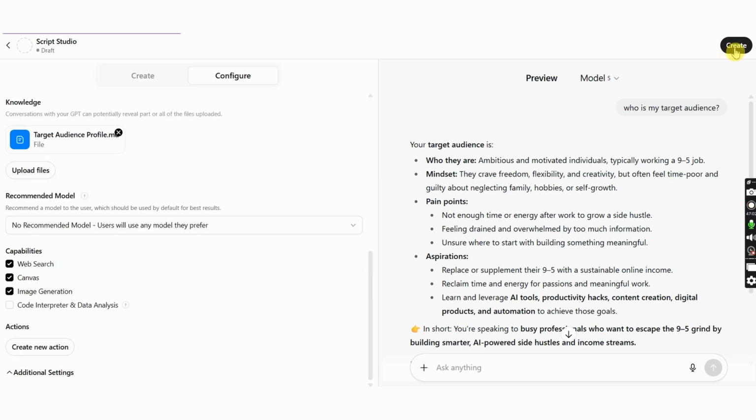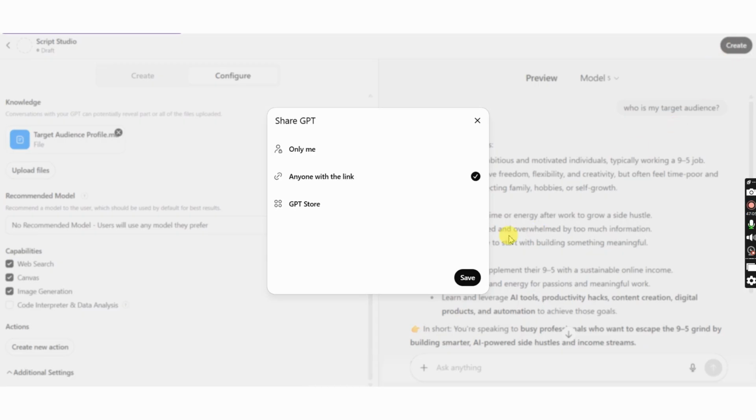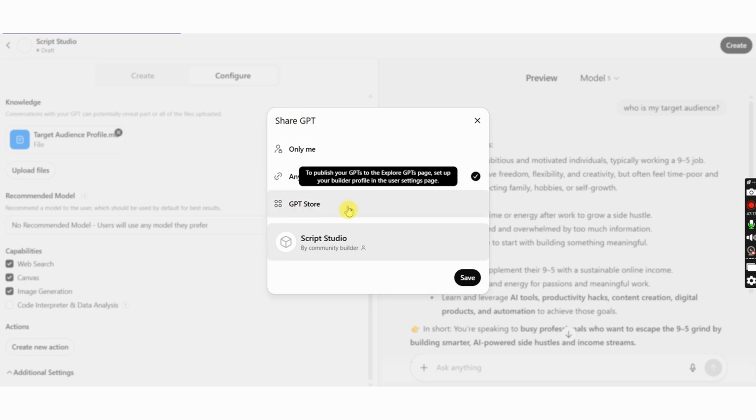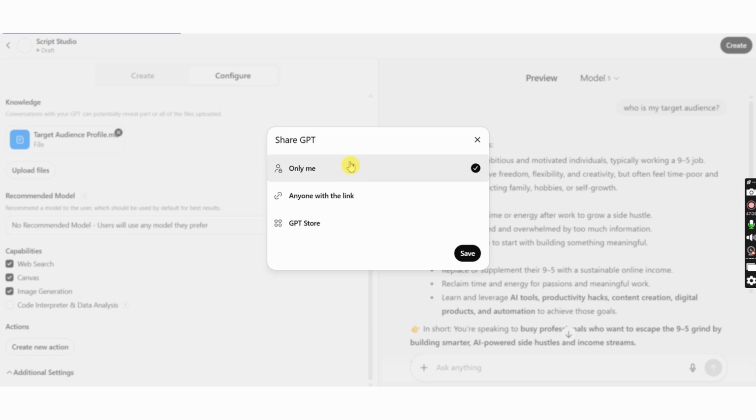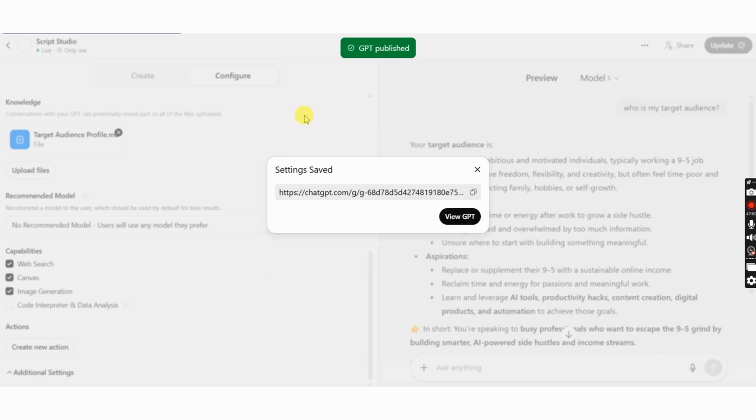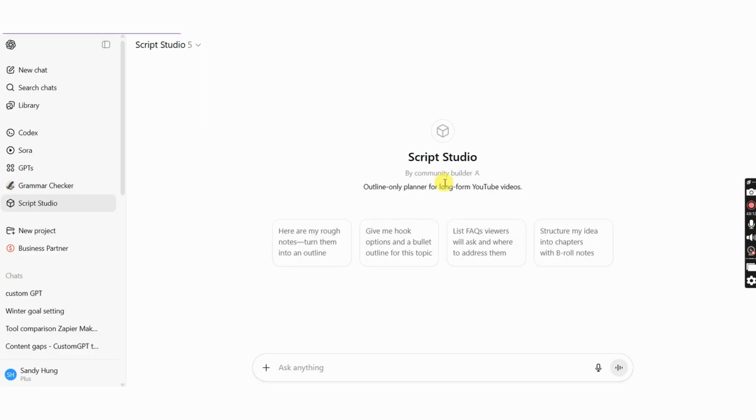Okay, so now we're going to create our custom GPT, and it will ask me if I want to share my GPT with anyone. The GPT Store is the place where you see all the custom GPTs that people have made available. For now, I only want it to be available to myself, so I'm just going to click Only me and save. Okay, so now settings saved. We can now go to view our custom GPT. And there you go, you've got your